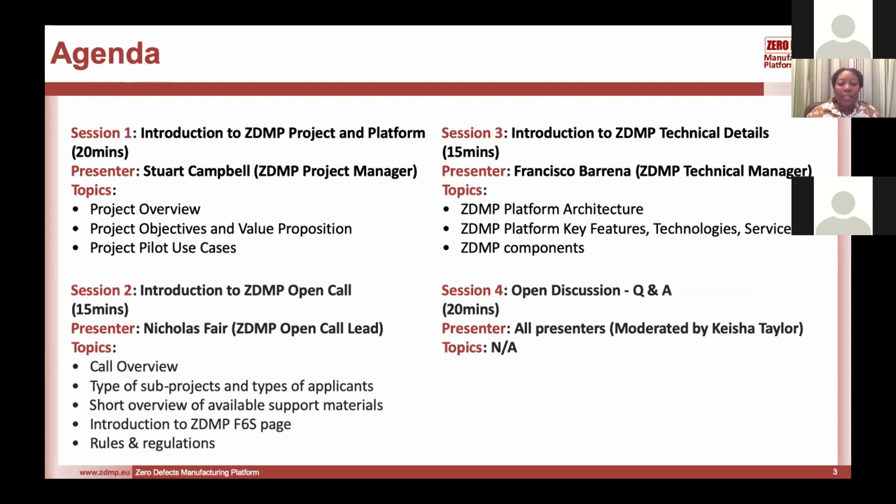This will be followed by session 2, presented by Stefano, who will give an overview of the call, the different types of sub-projects and types of applicants, the rules and regulations, and an overview of the support materials. Then the technical details will be provided by Francisco, who will talk about the platform architecture, key features, technologies, etc. And then this will end with an open discussion